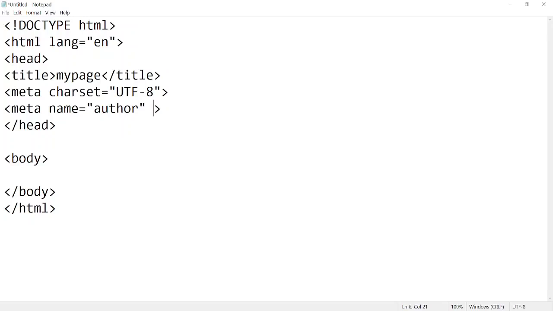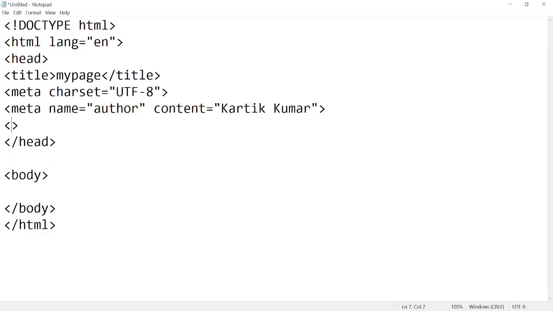For example, if you yourself are creating the website, you will give your name here, and inside the content I will write, for example, Karthik Kumar.